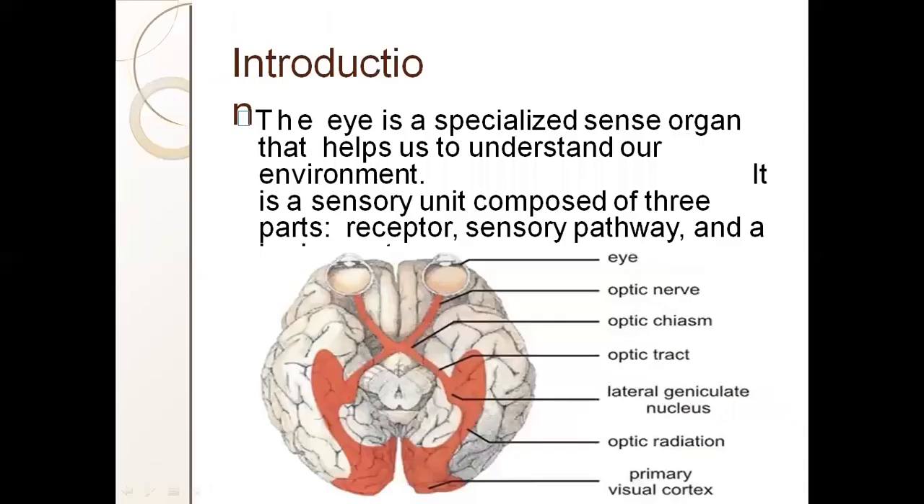The eye is a specialized sense organ. In our body there are 5 sense organs. The eye is a specialized sense organ that helps us to understand our environment. If a person is not able to see, we cannot identify our environment. It is a sensory unit composed of 3 parts: receptors, sensory pathway, and